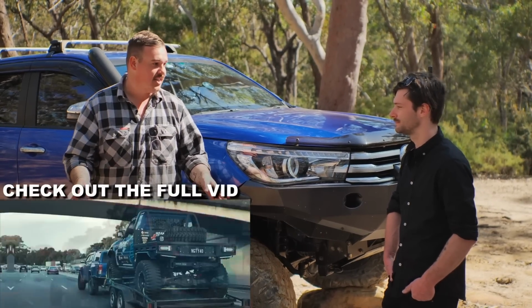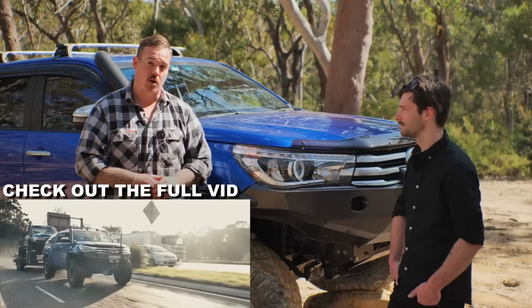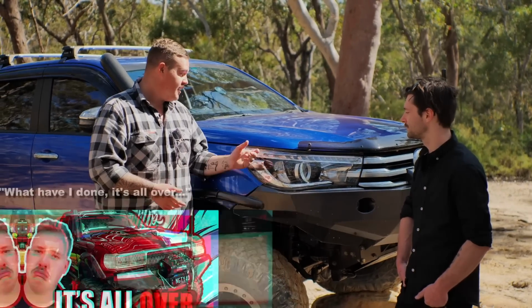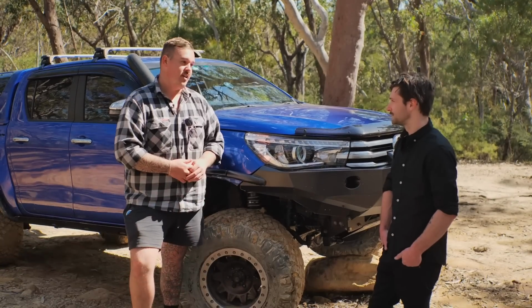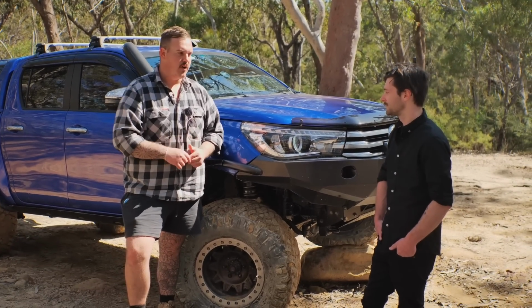It tows 3.2 tons with an Audi 40 and car trailer behind it. Does it happily. It's done it to Brisbane and back from Brisbane a couple of times now, and it's about to do it again and has never let us down. So it absolutely loves it. It has got an exhaust on it as well though. Yeah, it's got a nice